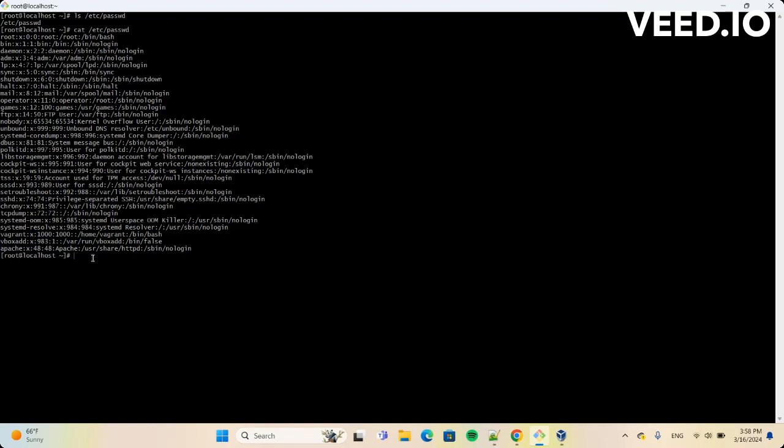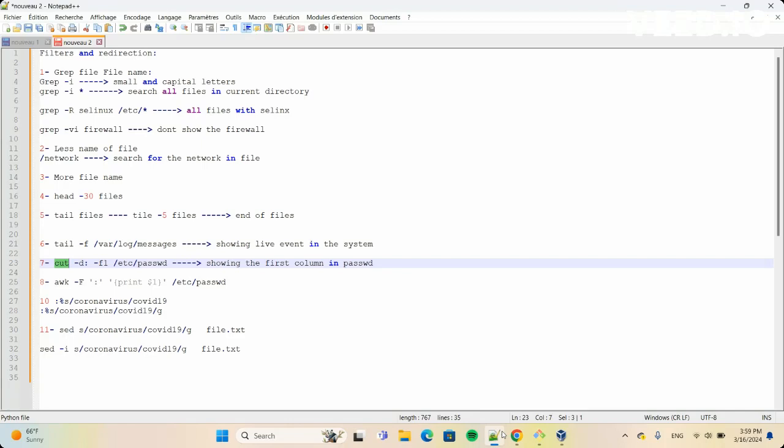So right now you are trying to only look for a specific username. For example, here we have different rows, first row, second row, and different columns. The columns are separated with this colon. Right now I only need the list of users in my system. I do not need, for example, the group number and the user ID and so on. So I use this command, for example, cat